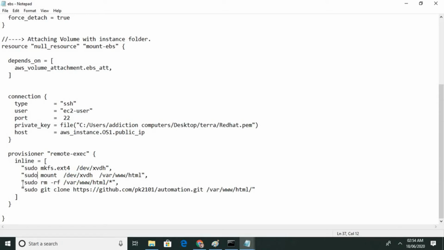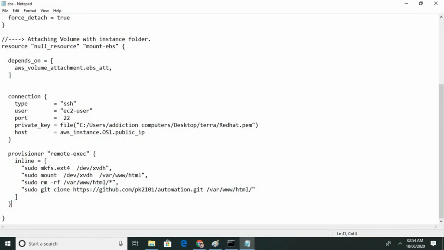Okay, sudo rm -rf is going to remove everything inside this folder, if anything is there. Then it is going to copy the data coming from GitHub.